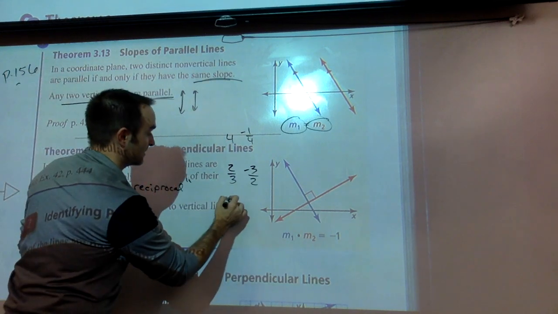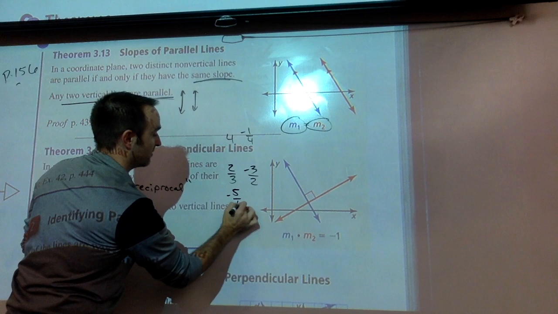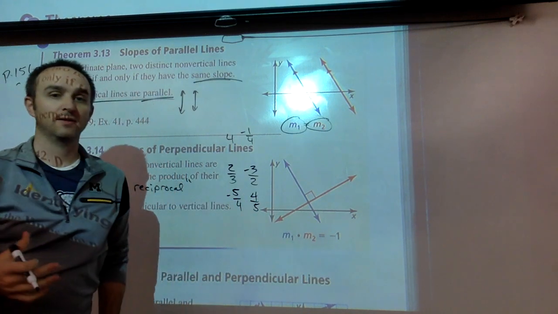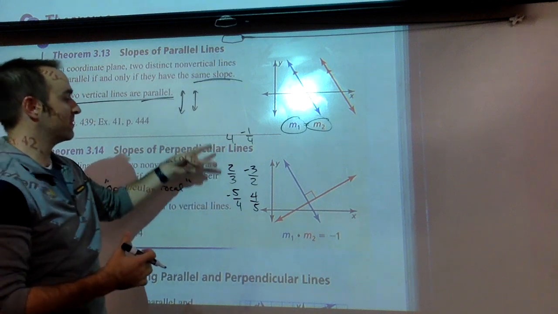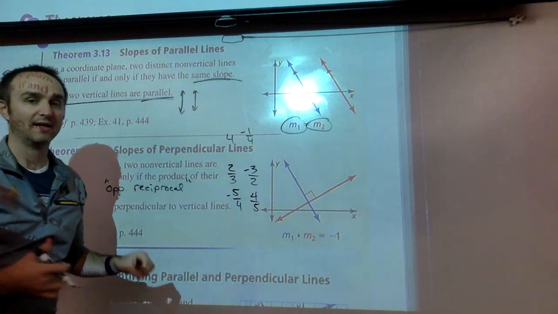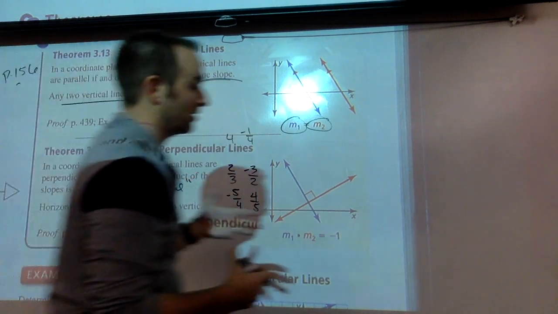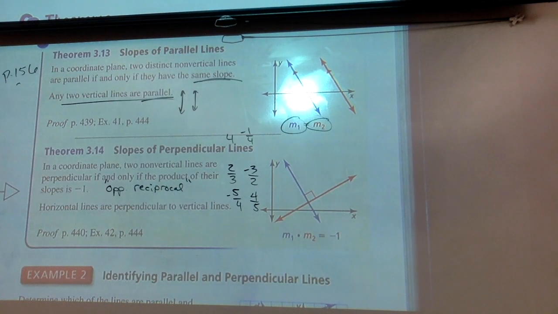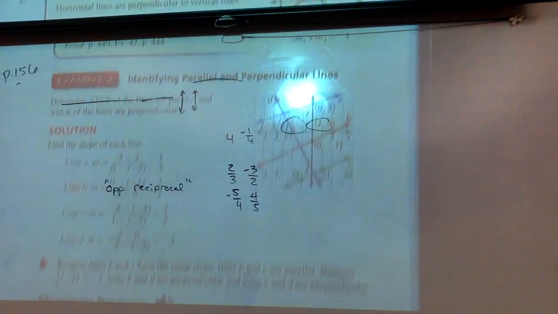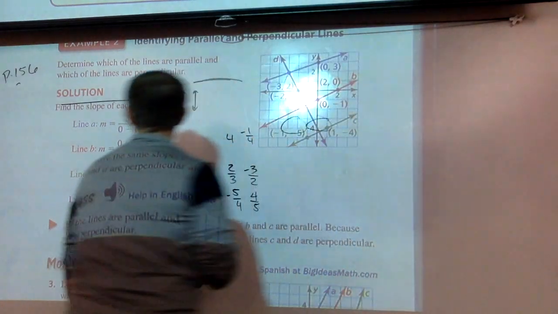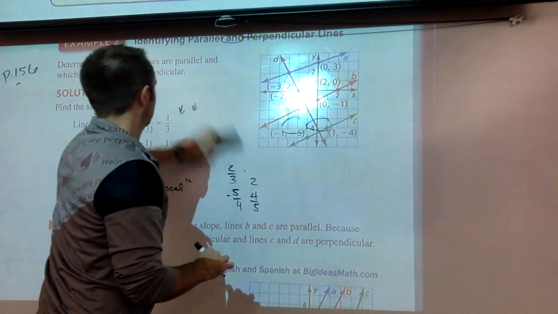So if one is, let's say, -5/4, we flip it, we change the sign, it's going to be 4/5. Okay, those are going to be perpendicular with each other when we look at those slopes. So that's our theorem, right? Those are our theorems about parallel and perpendicular. What we're going to do with that is we are going to look at the slopes of the lines,